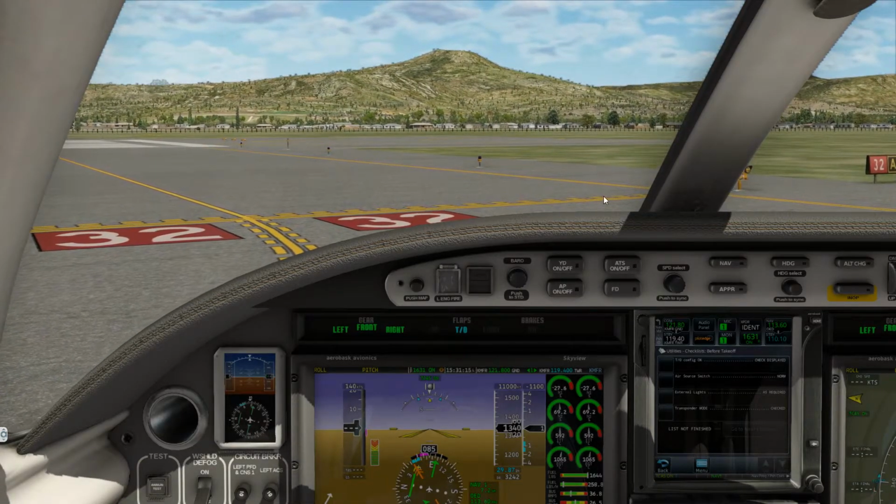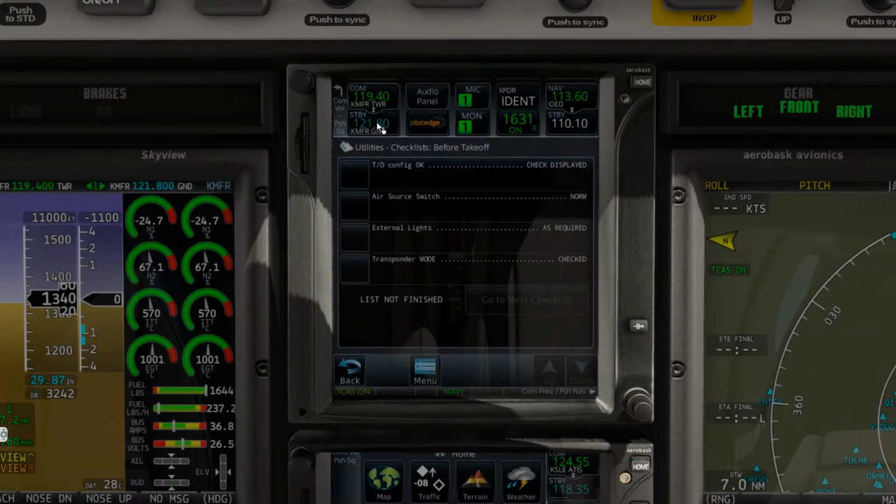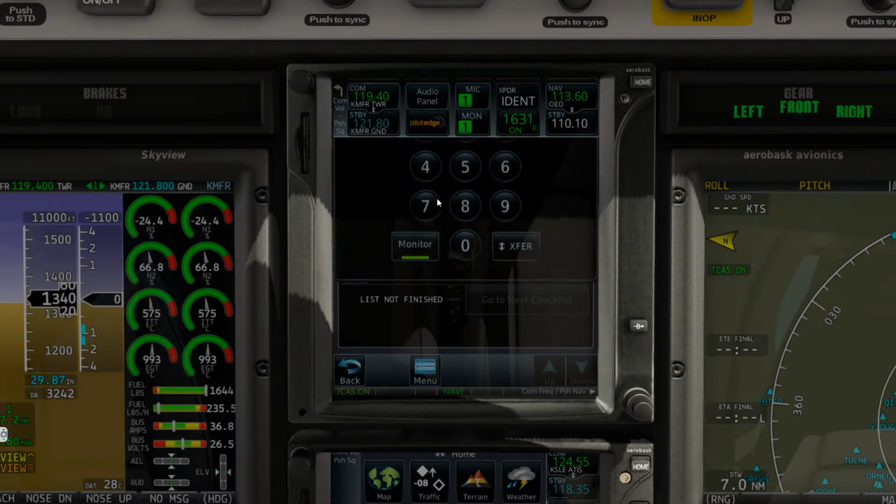Alright, so we'll go ahead and hold short here. Let's jump over here, switch over to tower, which is 119.4. Cascade departure,